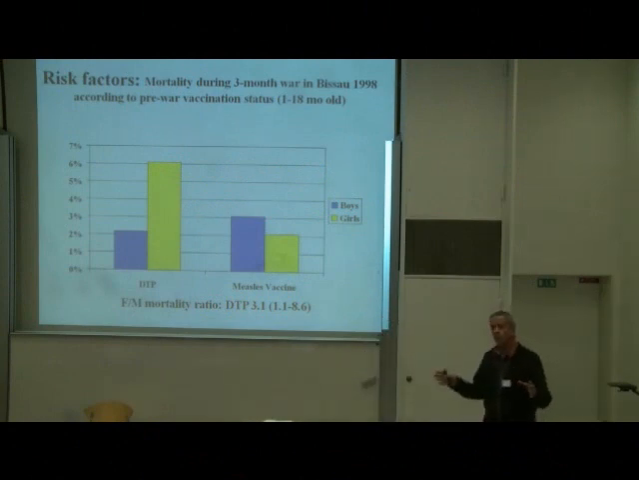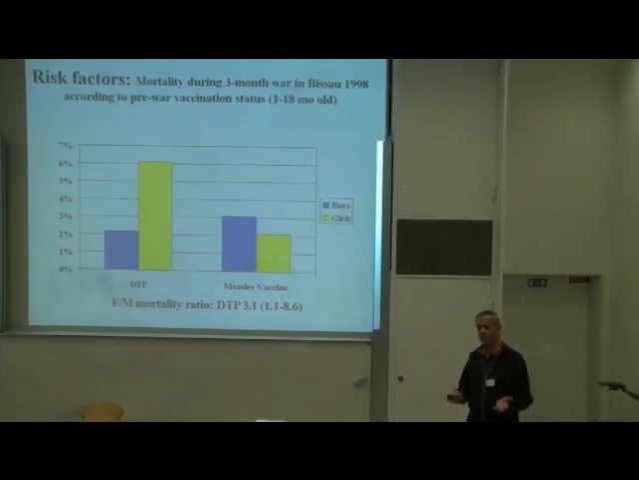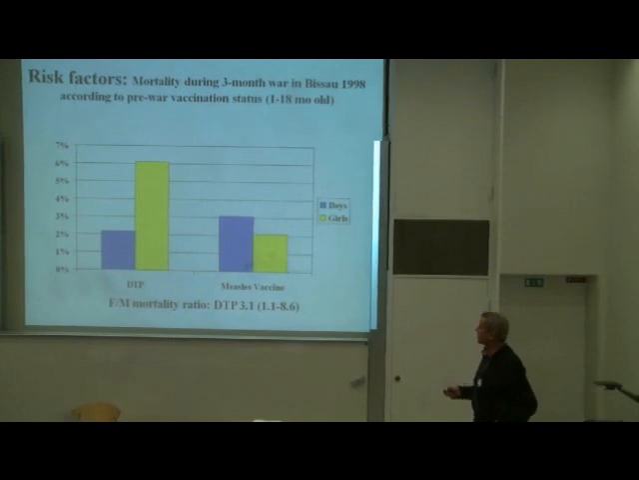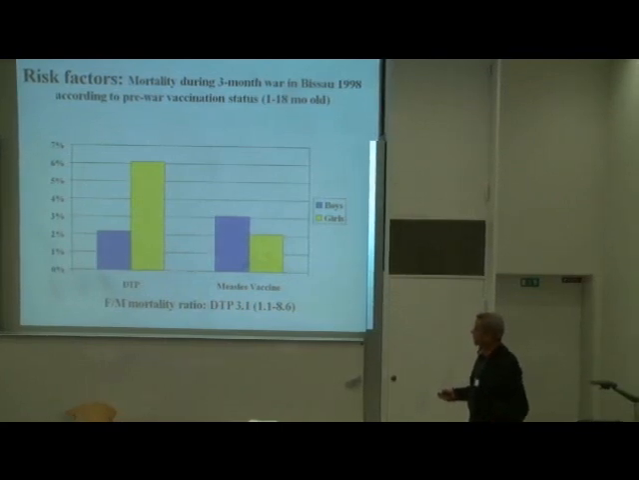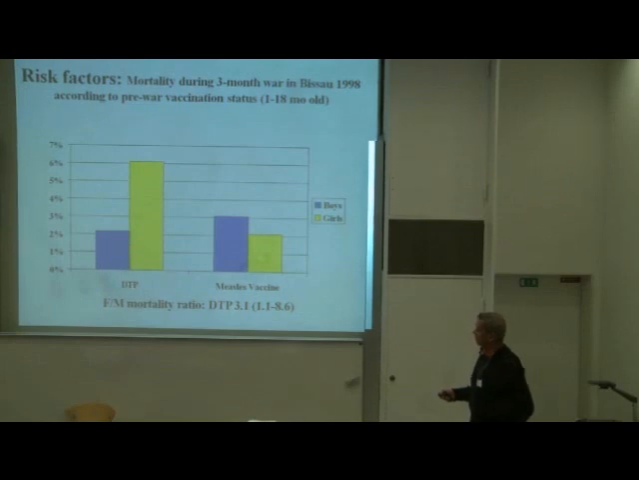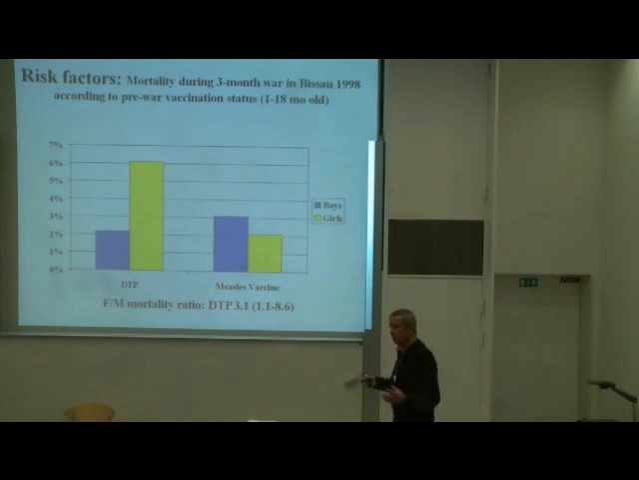We had the possibility of looking at the status of these children just before the war and seeing what happened during the war. What this slide tells you is that if the last vaccine the child had received was the whooping cough, diphtheria, tetanus, pertussis vaccine, then 6% of the girls die against only 2% of the boys